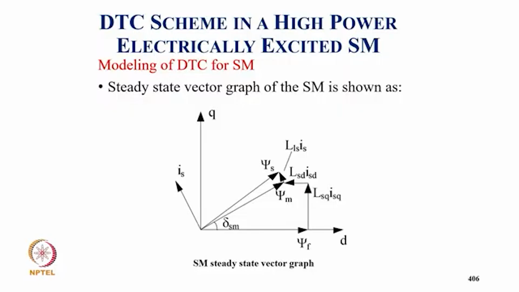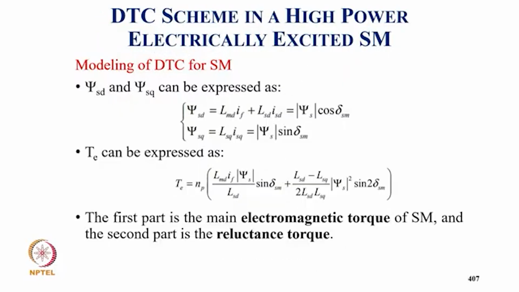And this is the steady state vector graph for the synchronous motor from which the equations are derived, and psi SD and psi SQ can be written: psi SD equal to LM IF plus LSD ISD, that is psi S cos delta,